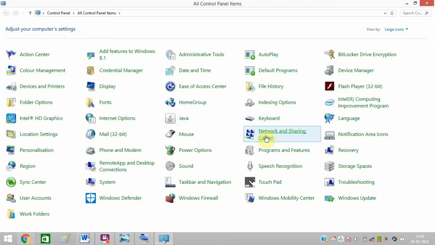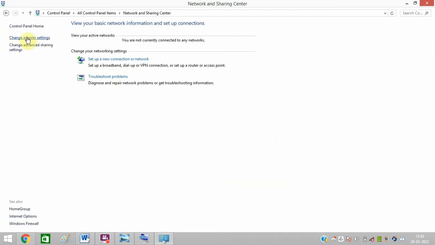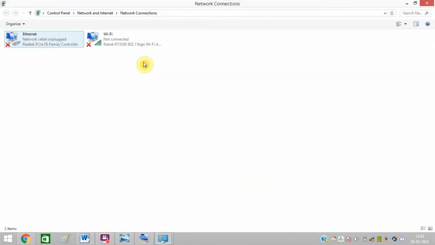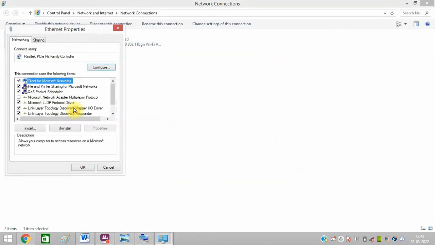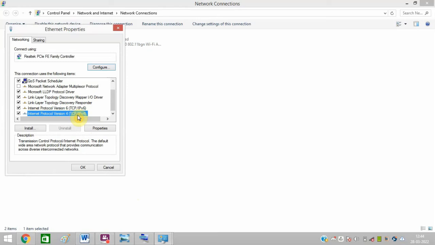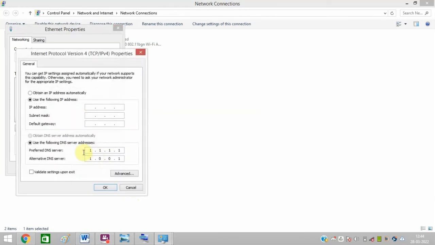Click on network and sharing center. Click on change adapter settings. Right click on Ethernet. Click on properties. Scroll down. Click on internet protocol version 4. And here the preferred DNS should be 1.1.1.1 and alternative DNS should be 1.0.0.1 and then click